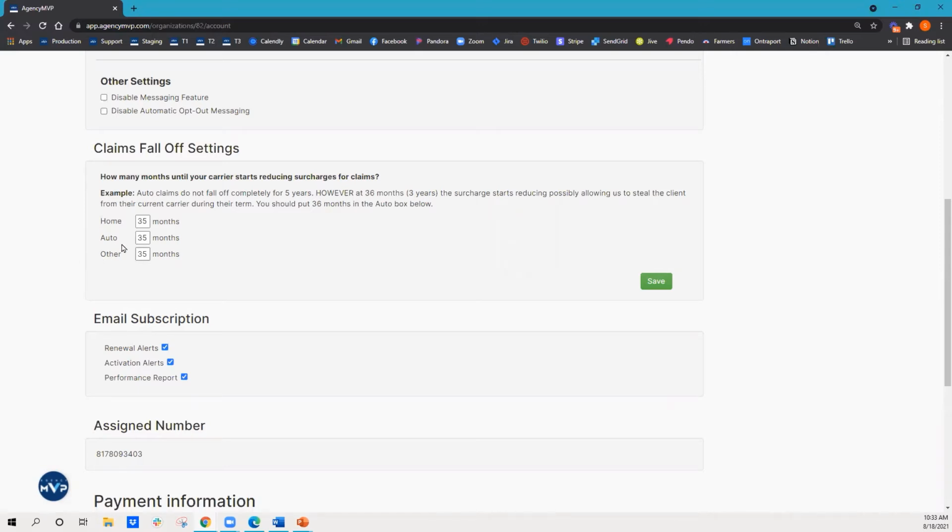So here we have 35 months for home, auto, and other. Most claims seem to fall off about the 36-month mark, so 3 years after the date of the claim. We put a 35 here because we want MVP to start alerting you 30 days prior to the claim actually falling off. So you can change those numbers here if you would like to, and then click the green